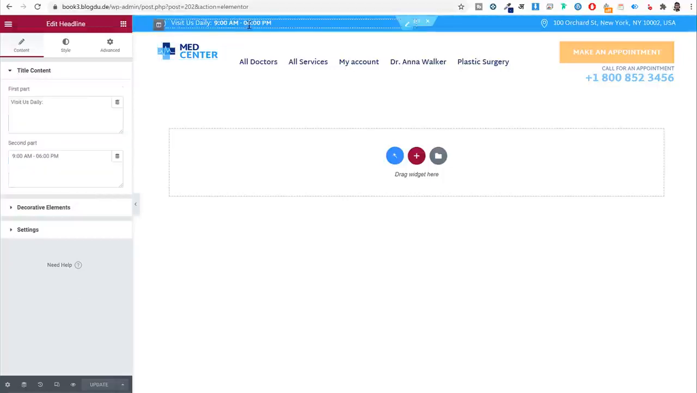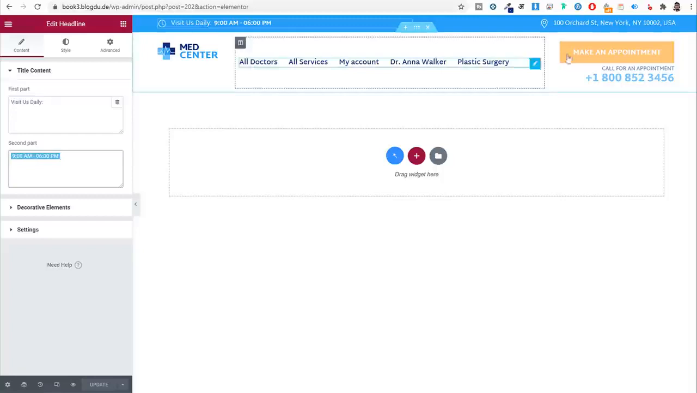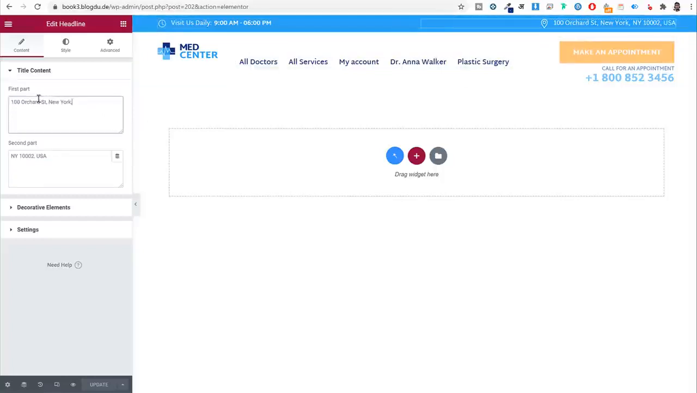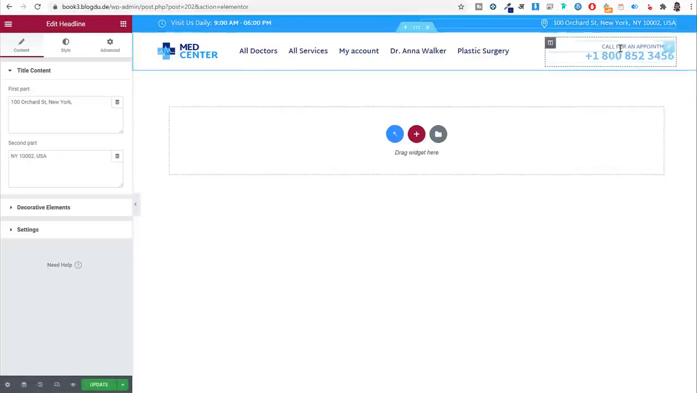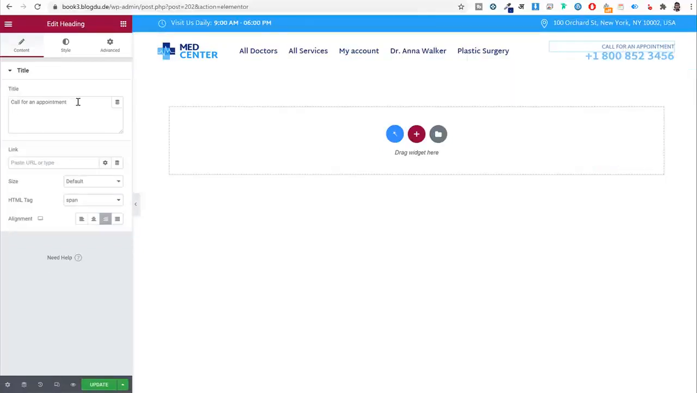If you want to change the time, click on this. Instead of this time, just type in whatever your time is. Instead of this address, just click on that address. And as you can see, it is very easy. Now we don't want this button, so I'll right click and delete the button. And for text, click on this text and type in whatever you want instead of this,